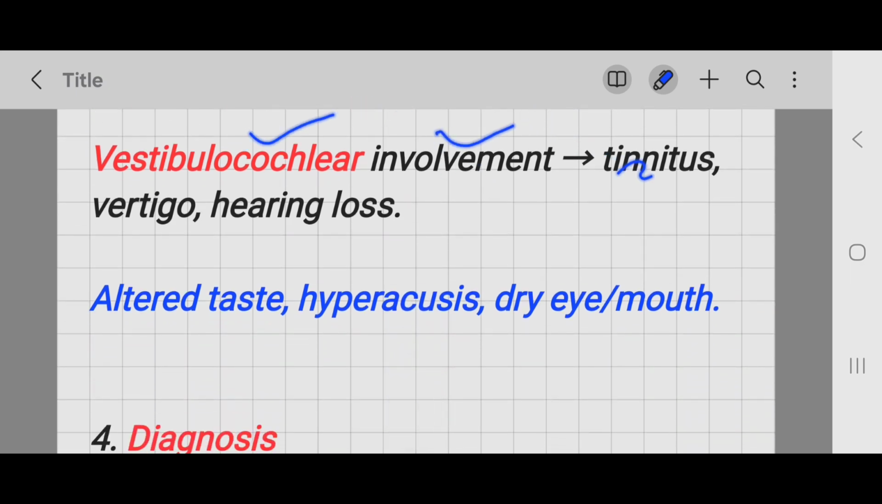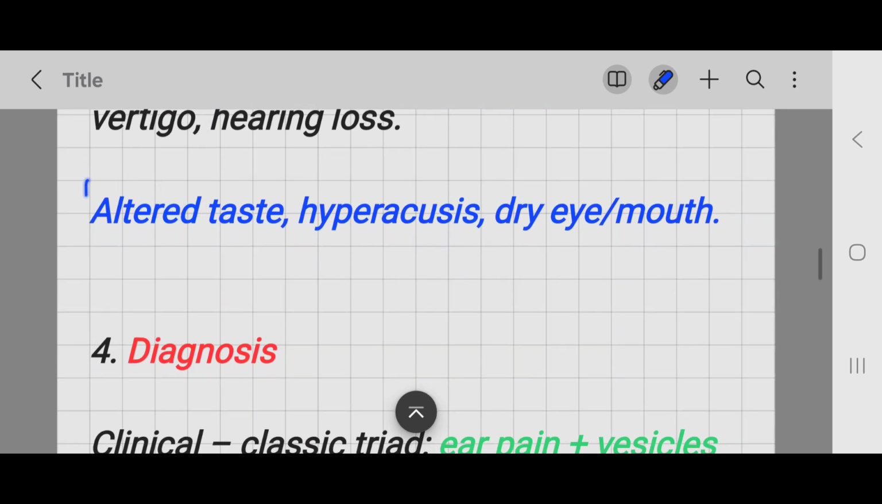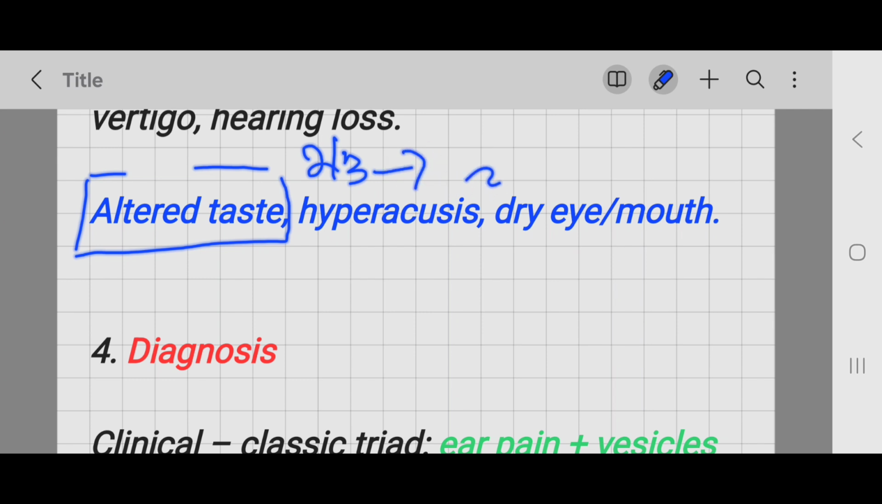When the vestibulocochlear nerve is involved, I have told you there is tinnitus, vertigo and hearing loss. There is altered taste because the anterior 2/3 of the tongue is supplied by the facial nerve. Therefore, anterior 2/3 is supplied by the 7th cranial nerve, and when the 7th cranial nerve is involved, there is alteration